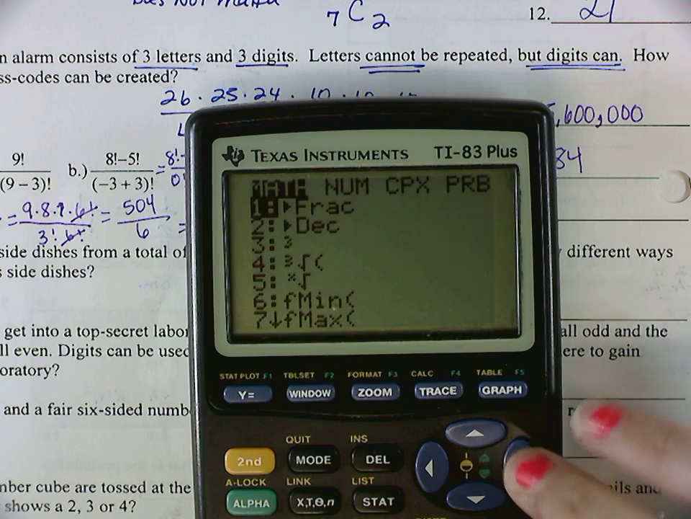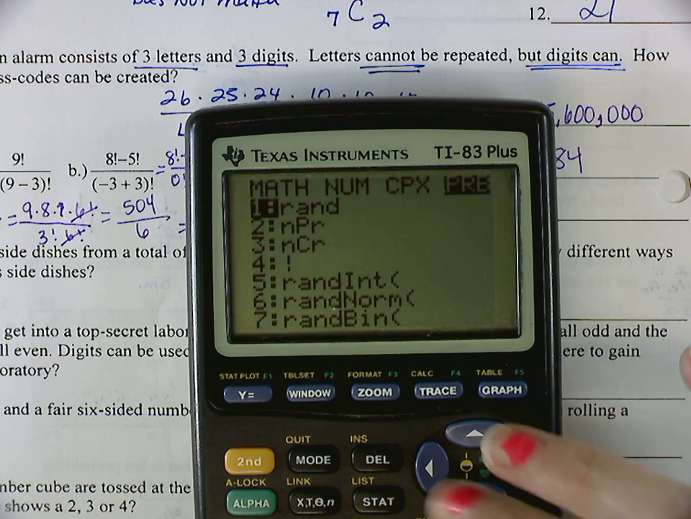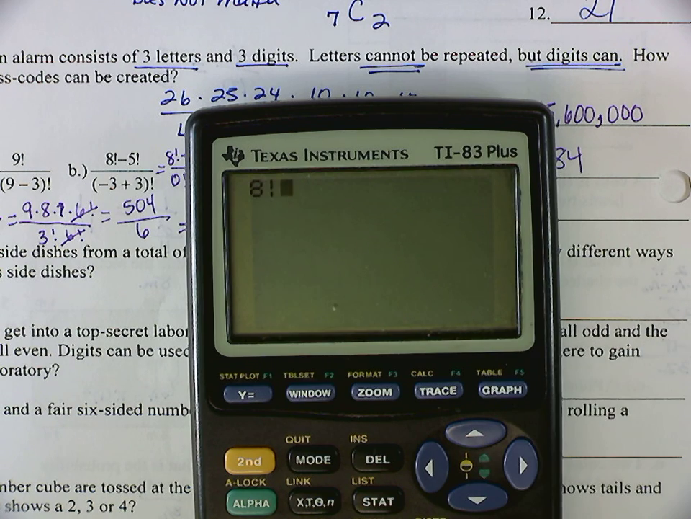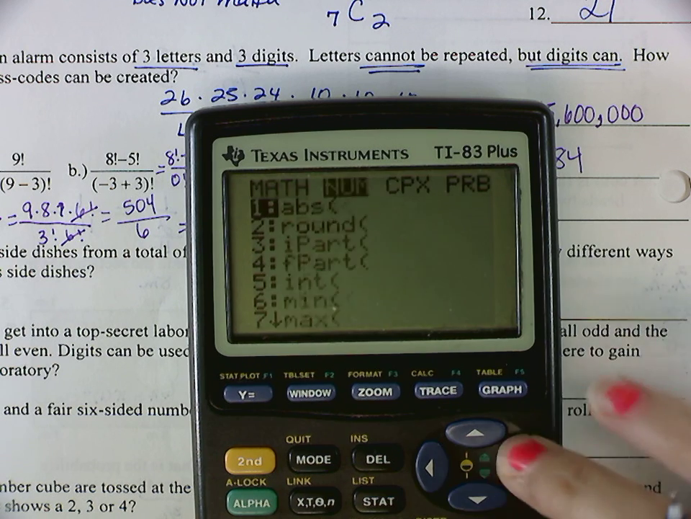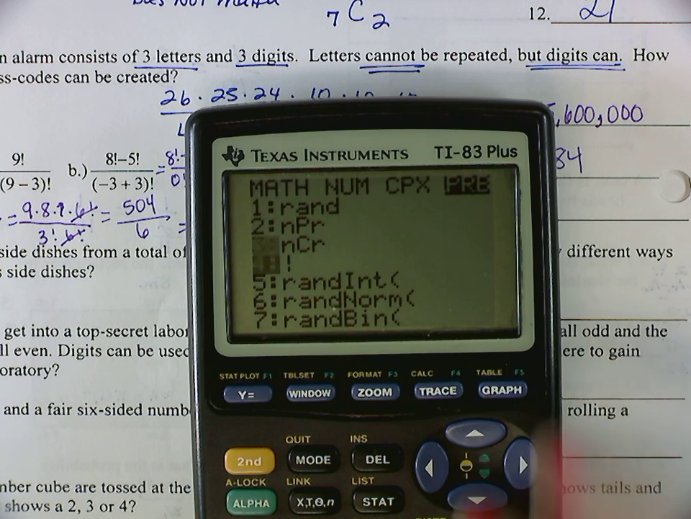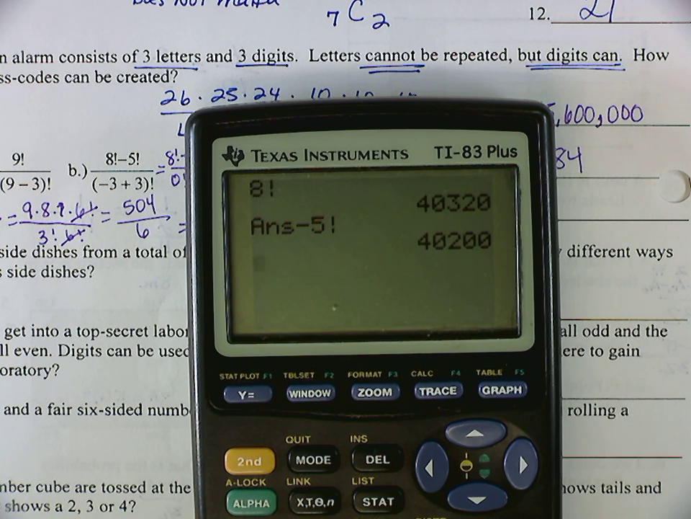We're going to go to math, arrow over to probability, and then here's our factorial button. So we have 8 factorial. You can press enter now, and then minus the 5 factorial. Again, over to math, probability, factorial. Right, and then we'll get